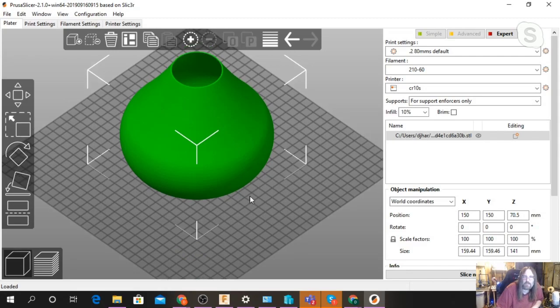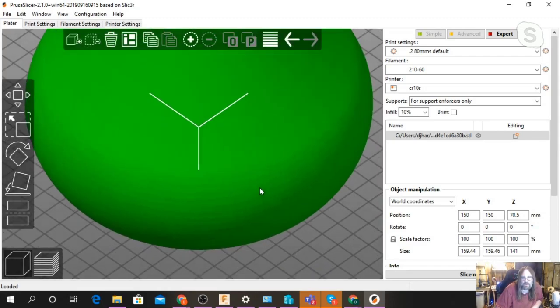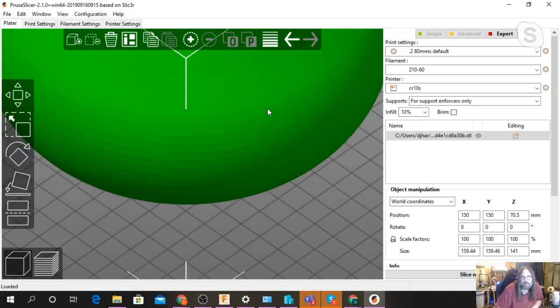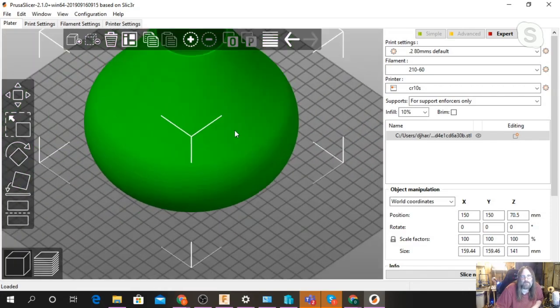So you can see that my model in PrusaSlicer here, our little vase, coming back to the vase, looks pretty okay actually, doesn't it? You can see here that there is some blockiness on the model. Now, before we panic about that,